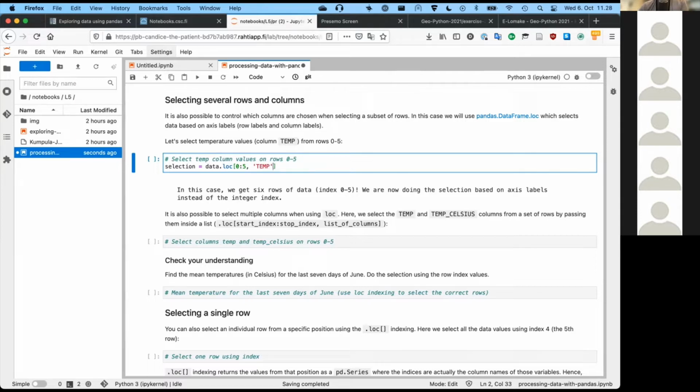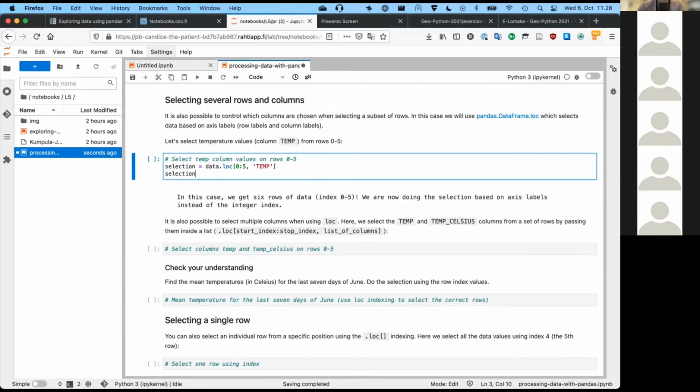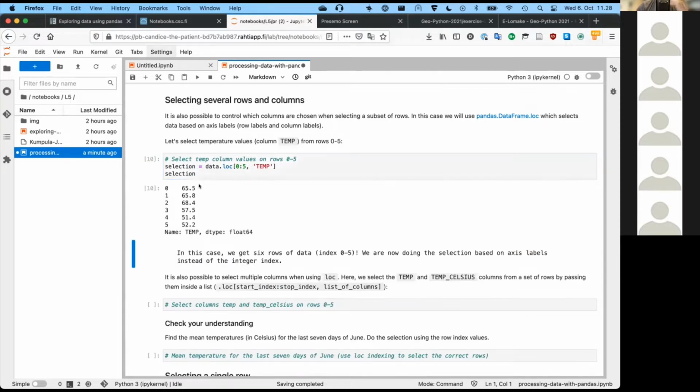What's different here when we run this? So I'll just type again the name selection, press enter. There's a couple things. One, we now get 6 rows of data when we had 5 previously. That's because we're not selecting based on the row index, but rather on the label for that. As it turns out, when you do that with data.loc, it starts at a value and goes up to and includes the value in the range of the